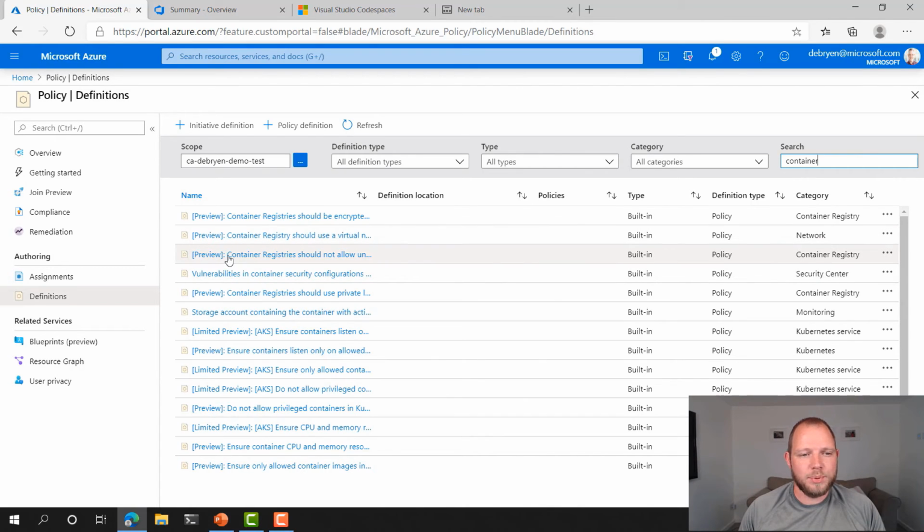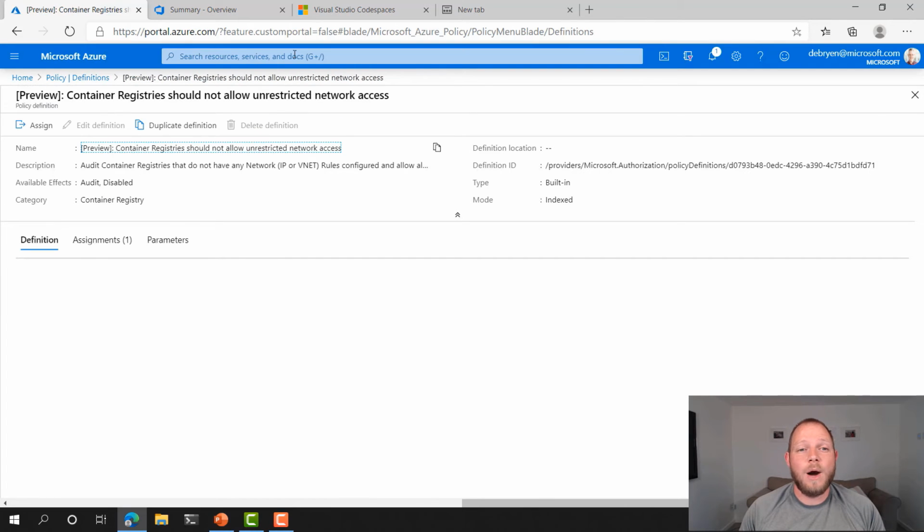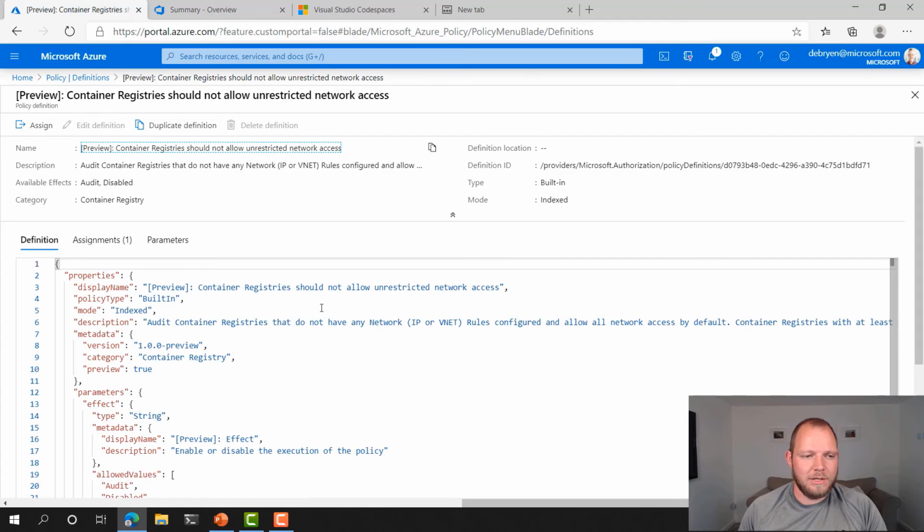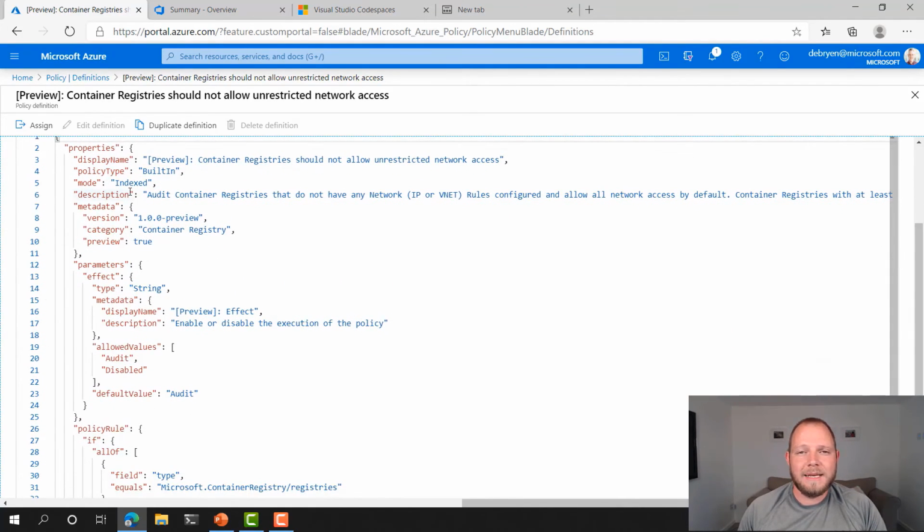So we have this one here, it says preview, container registries should not allow unrestricted network access. So let's look at what this policy looks like. Here is the JSON representation. You can see that we have a display name, a policy type. You see this is built in. We won't have time to go into that today, but you can also build custom policies in here as well. And basically any attribute that you may be able to set within a Resource Manager or Terraform template, you can